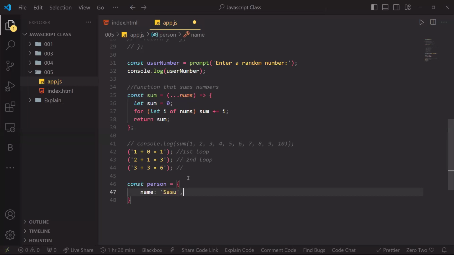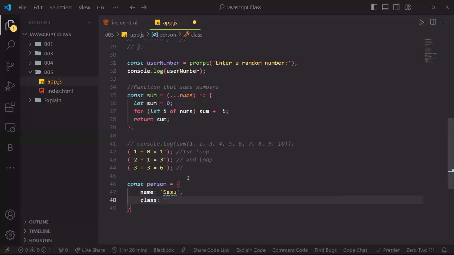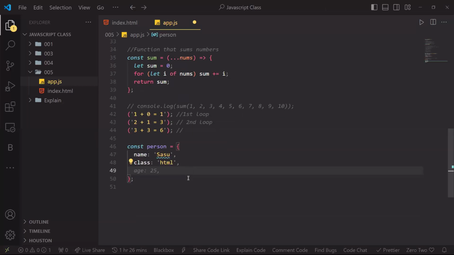Then let's go on and say SAS2's class is HTML, since she wants to interact with HTML. Now we have SAS2 and the class she is most interested in. We need a function that, once we call it, tells us what we need to know about a particular person. So instead of saying person.name, person.class, we can also say, okay,